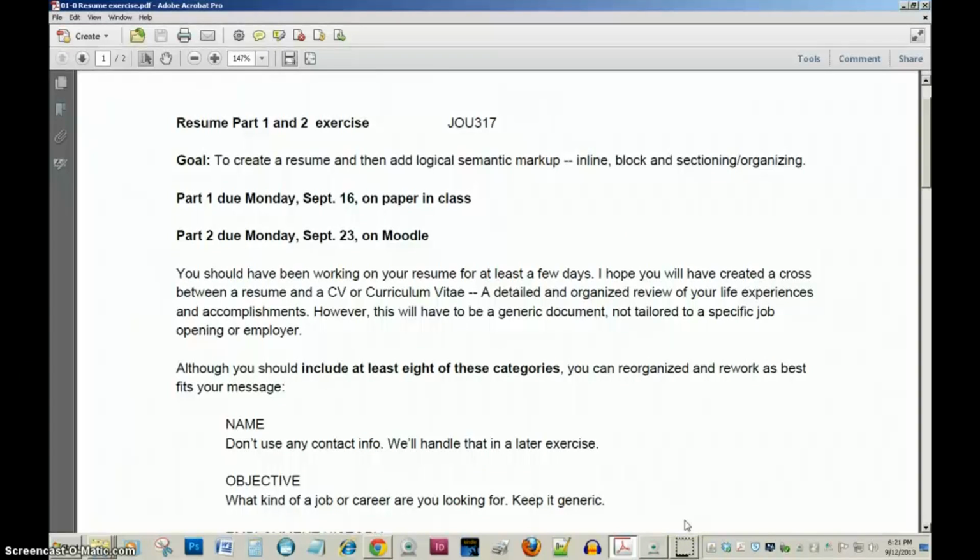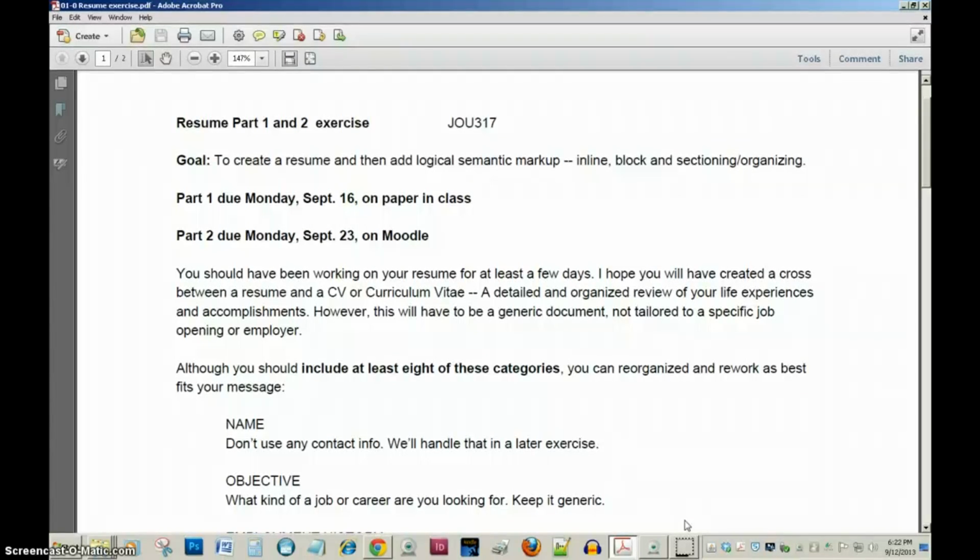Okay, on to the exercise. This is the handout I would have given you, but you don't need me to do that. You can just download it from Moodle yourself. The resume exercise handout is on Moodle in the normal assignments and handouts folder. Print it out yourself or just keep it handy. I've been warning you that you're going to have to write a resume. If you already had a resume, I suggested you get it out and spruce it up. And if you didn't, I suggested you start working on one. I am not an expert on resume building. I can make some suggestions, and I've made some requirements.